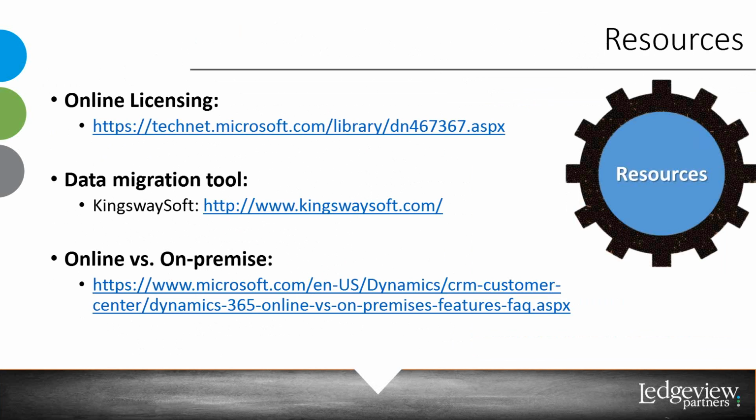If you want some more resources on online licensing, or I mentioned Kingsway Soft as a data migration tool that we like, here are some resources you can use. Also, a comparison of online to on-premises features